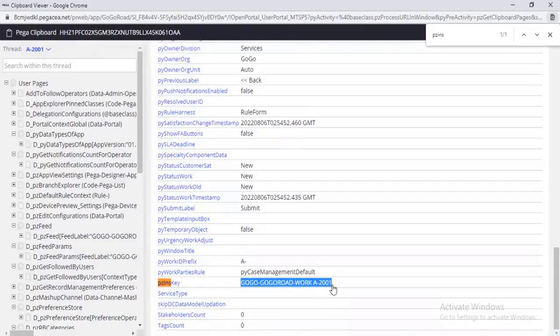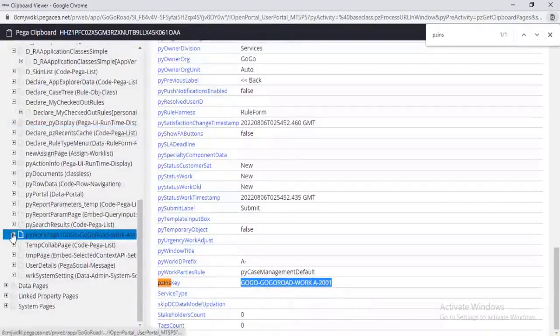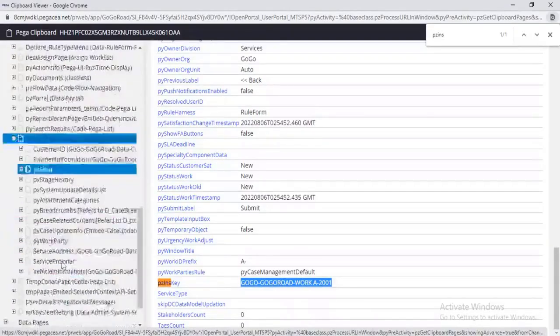So every time, the pzInsKey will be a unique value. Sometimes a pzInsKey will contain a create date time also. If you have attached an attachment, it will be like your class and some create date time, whenever that attachment got attached. Pega will create that; we can also modify it, but by default Pega creates it.